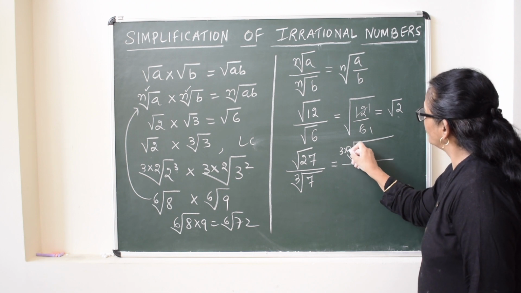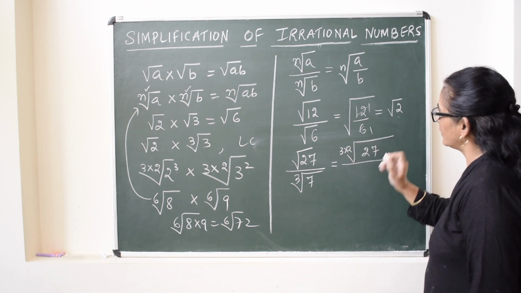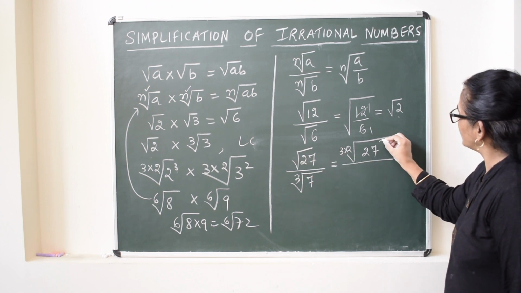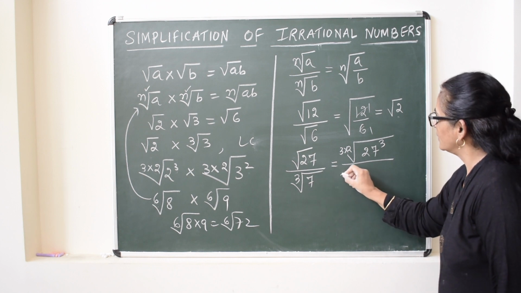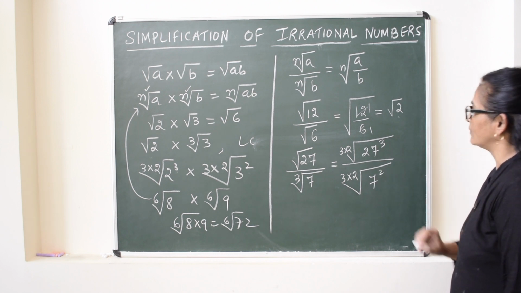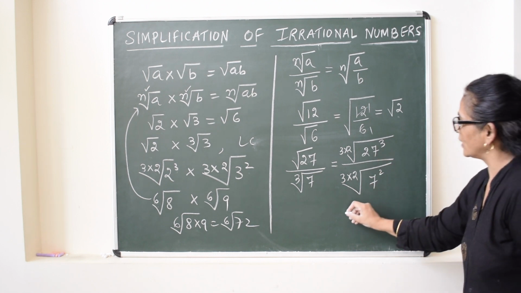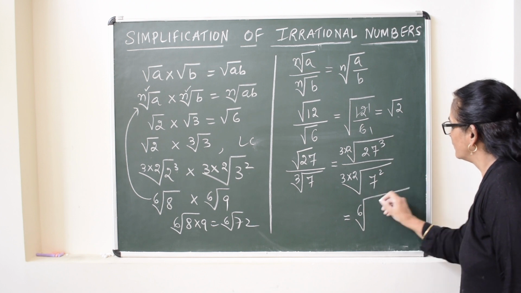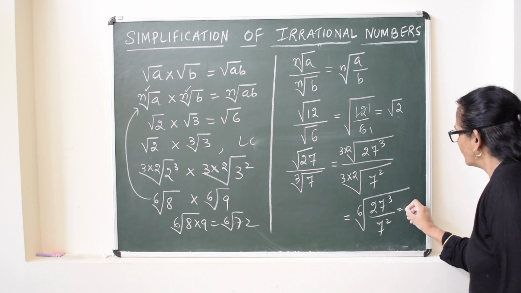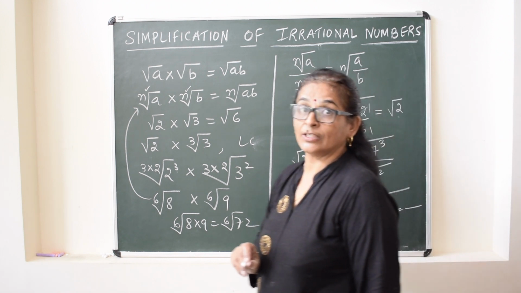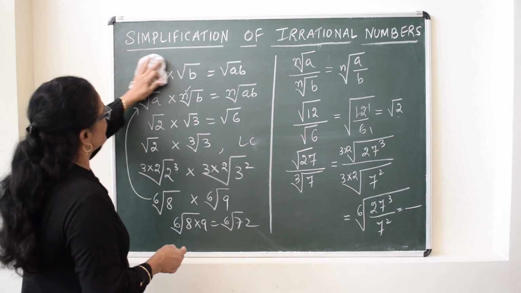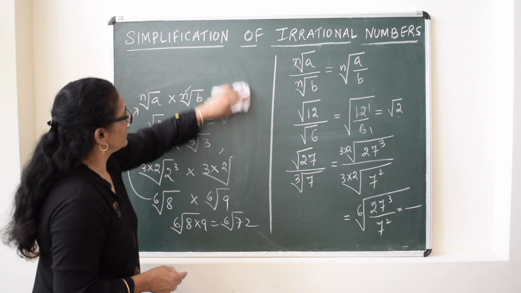3 into 2. So here 27. This is out 2 and we have given 3. So 3 we have to introduce over here. And here this is 3 into 2. So this will be 7 square. So like this, you can combine it under the same order and further we can simplify it when the orders are same. In this case, what we have seen, the division of irrational numbers.